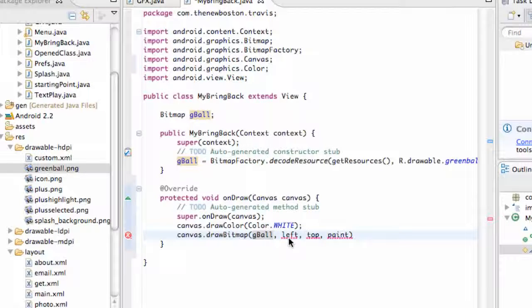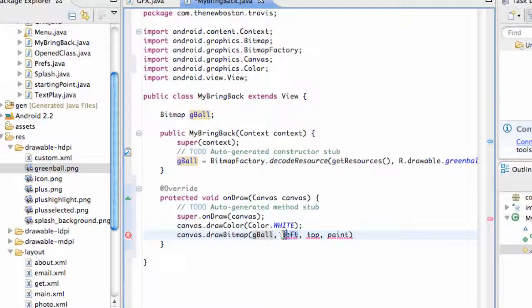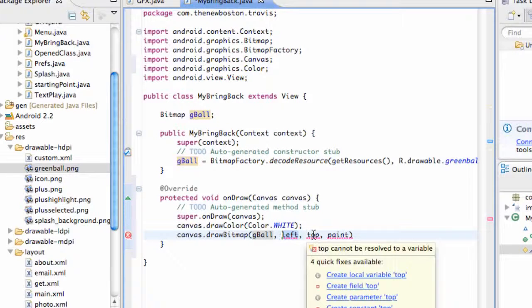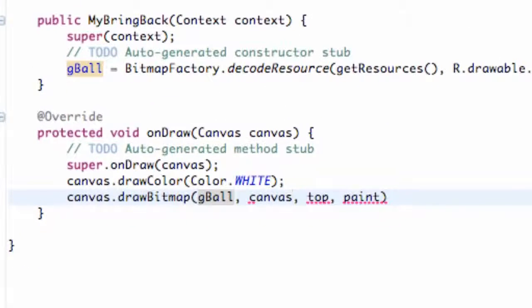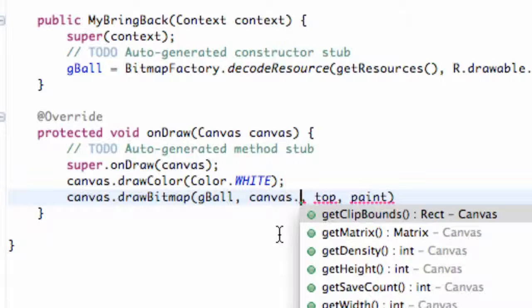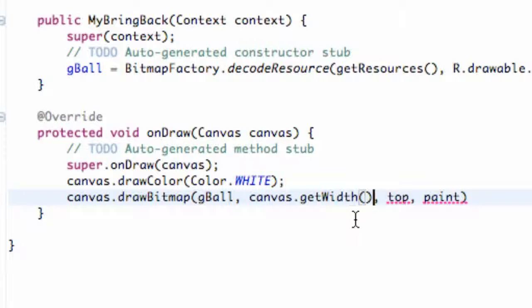around that. But first, we want this to be in the center, since this is the width. So what we can do is grab the canvas size, because again the canvas takes up the whole width, and we can hit dot, and then we can say getWidth right here, and that's going to return the value of the pixels of the whole width that's available to us. So let's put that in parentheses, that whole thing, and